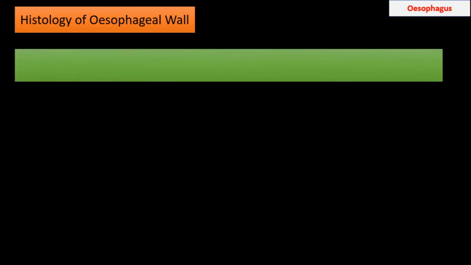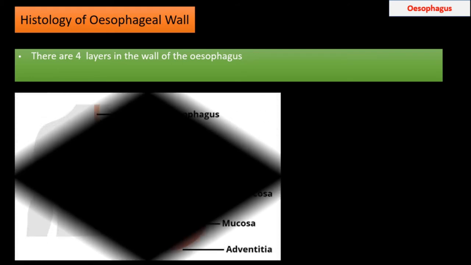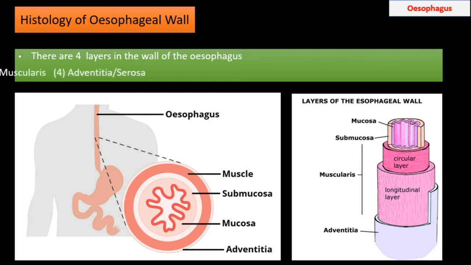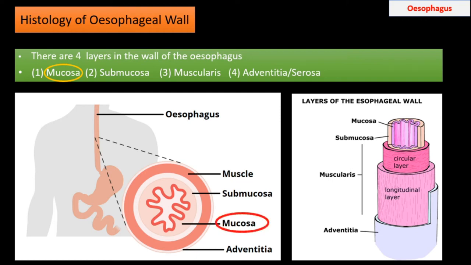About the histology, that means the various tissues of the esophageal wall. The wall of the esophagus is made up of 4 layers similar to that of the stomach and intestine. Number 1, mucosa. It is the innermost layer made up of 3 layers, namely mucosal epithelium, which consists of stratified squamous epithelium,